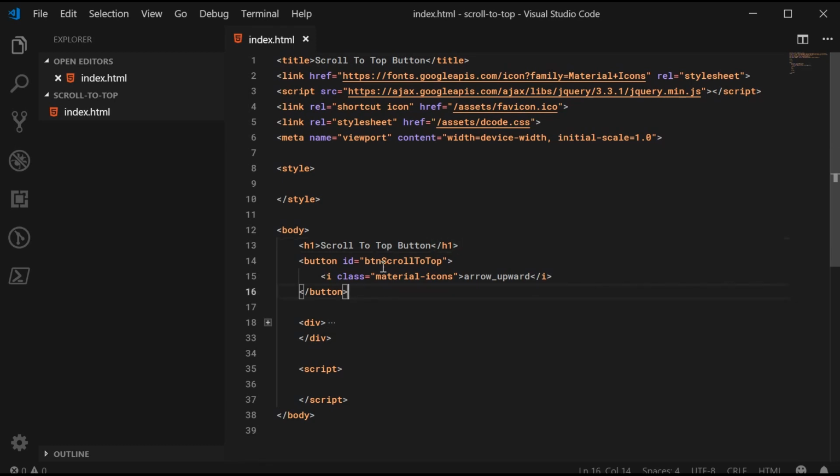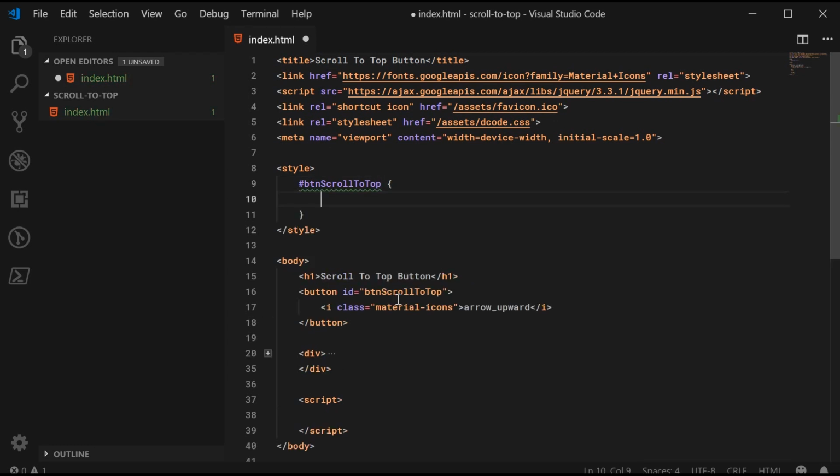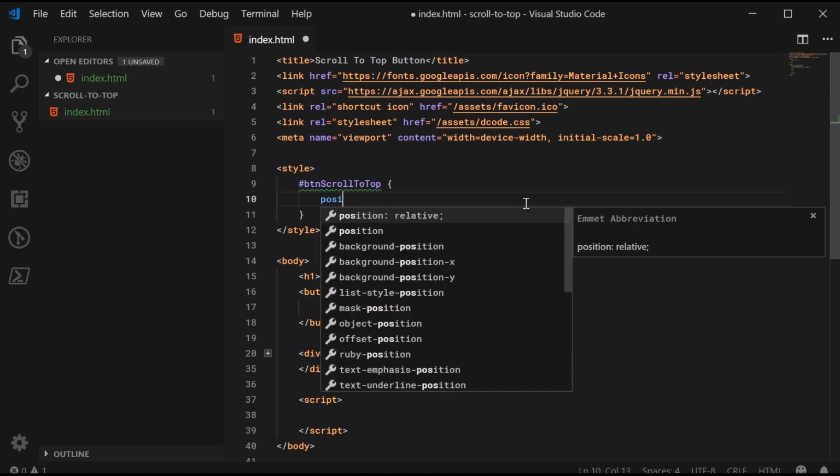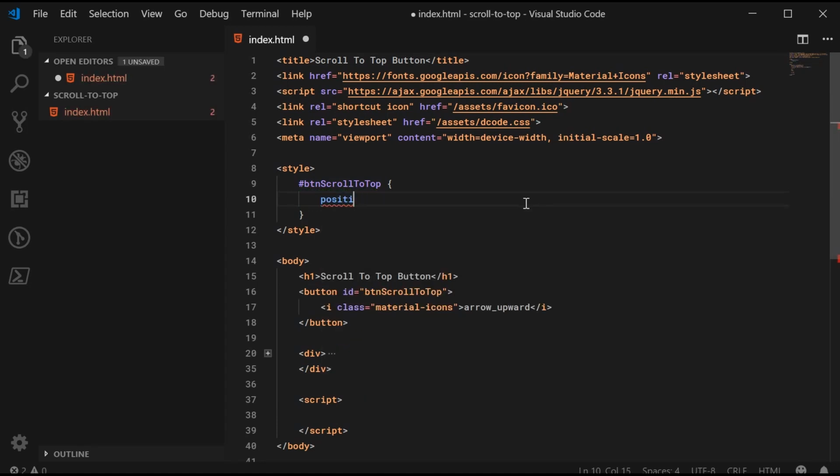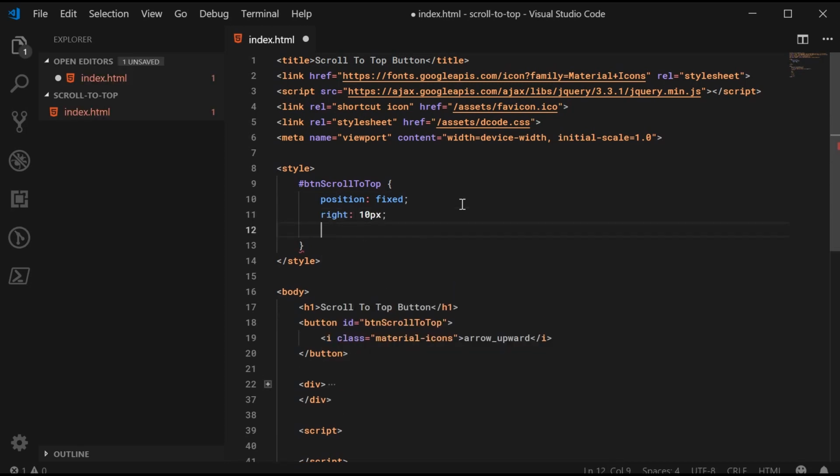Alright, so let's begin on the CSS. Let's target the btn scroll to top ID. So of course this button right here. We're going to give it a position of fixed, and this means as we scroll down the page, it's going to float on top of all the content, okay? And that's why it doesn't matter too much where you actually put your button in the HTML. Alright, we're going to give it a right of 10px and a bottom of 10px. This will position the button in the bottom right corner of your page, 10px from the bottom